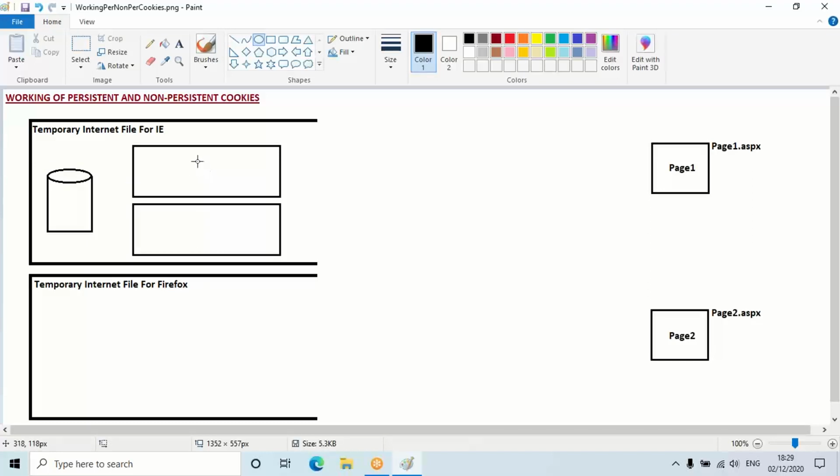Or if you feel confused, you can straight away write it as file, your wish. Because I already mentioned on the top, temporary internet file for IE. What did I mention? Temporary internet file for what? IE. Now, going a little further on this part, now what we study is